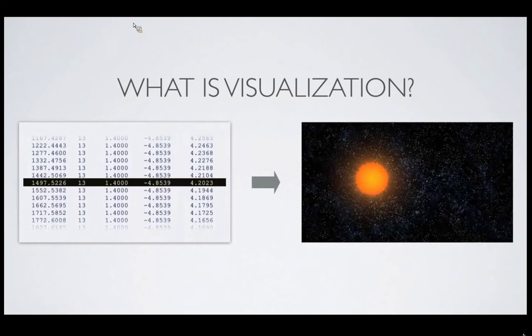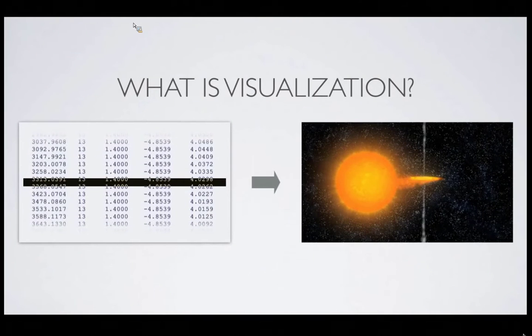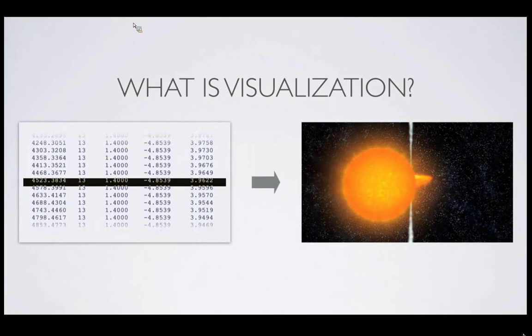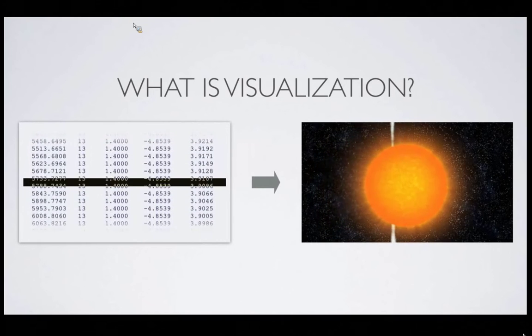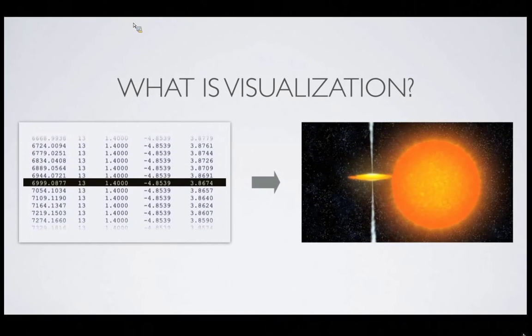And to make even this definition visual, as an example, here we have a data set that's a file that was generated from a simulation that was run on Quest. In this simulation, the evolution of a binary star system was what was being simulated. So the end result was a bunch of numbers, kind of a spreadsheet-looking file with a bunch of rows and columns. And the rows are each time steps in this simulation.